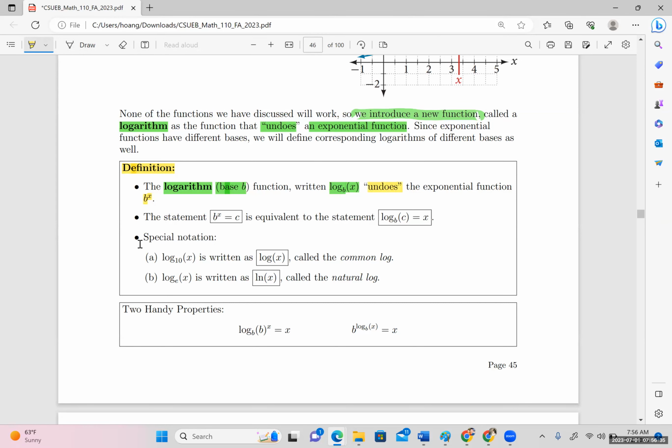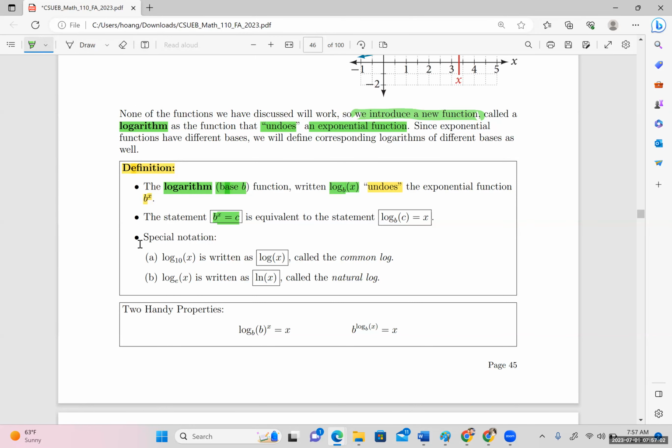We can also name b, instead of growth factor like in exponential functions before, as base b. So now we have the statement